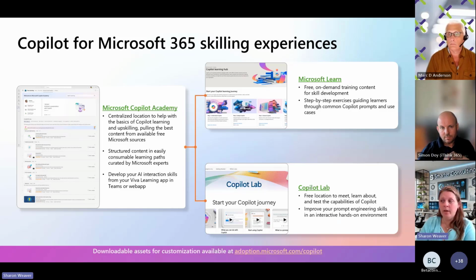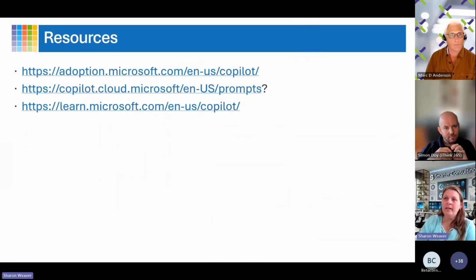And that conversation was fantastic because it makes you realize, here's all these assets, but what level are you at? Can you even get value out of them? So here are the links, just so you have them. You can go to adopt.microsoft.com, copilot.cloud.microsoft, or learn.microsoft.com, and look within there. There's a ton of Copilot resources out there already for you to find. You can also just do a search for them and probably find them too, but here you have them if you need to find them.